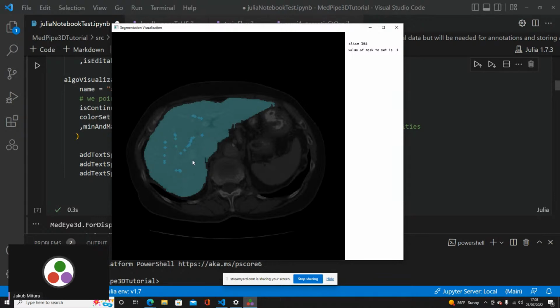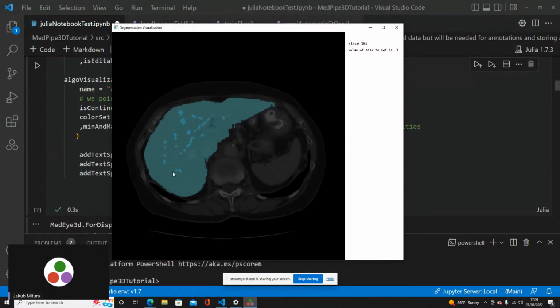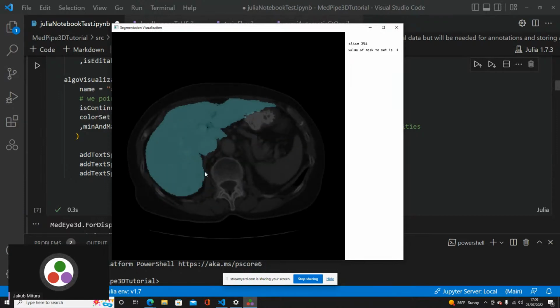You can also increase the size of the annotator by pressing tab and plus, or decrease it by pressing tab and minus, even to very small. So tab and plus, tab and minus. All of this is described in the Medai3D repository. This is important because when we later try to analyze the segmentation of the liver in the case we have now, or the spleen in another case, we'll use the data about voxels that are close to the annotations that we created. But about this in a moment.